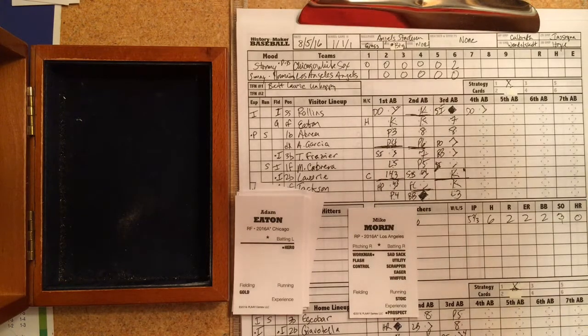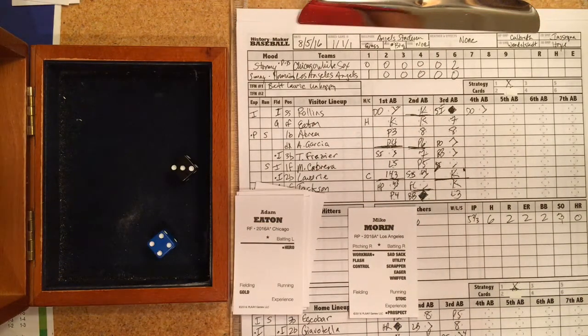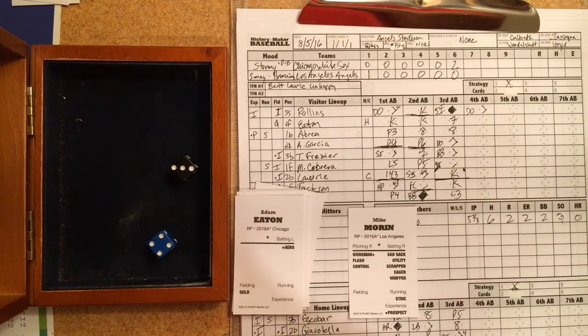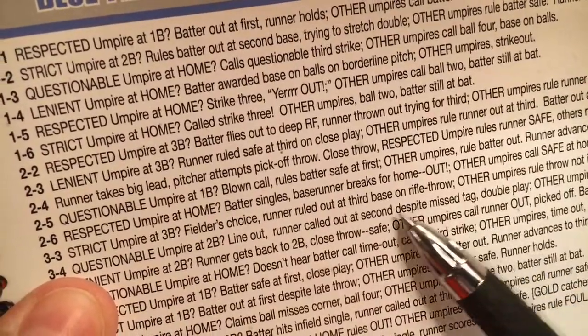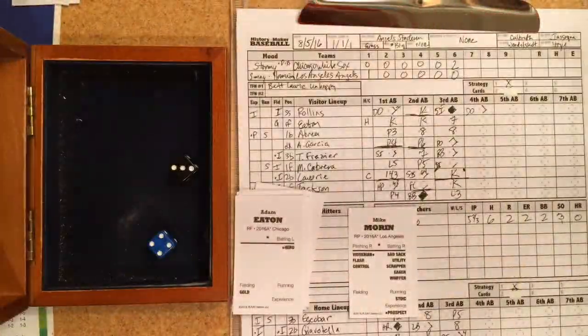So I'm in the blue mini event chart, runner on second. So, this is the umpire chart. We will roll. It's a 3-4. Questionable umpire at second. No. He is lenient. Umpire rules safe. So I think what this means is that it is a line out. And that would be for the third out. It would be a double play if the umpire was questionable. Instead, the runner is safe, but it doesn't really matter. I believe that's still a line out